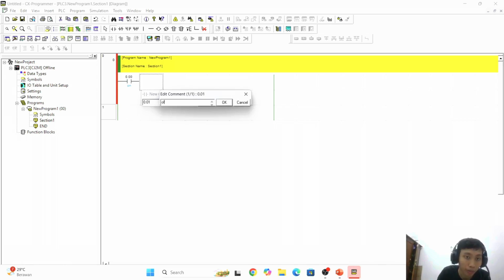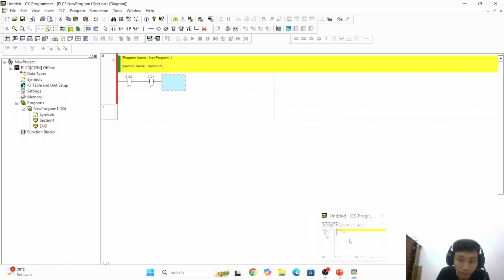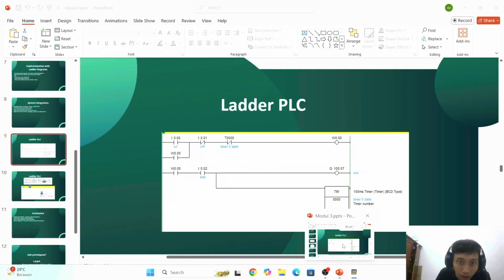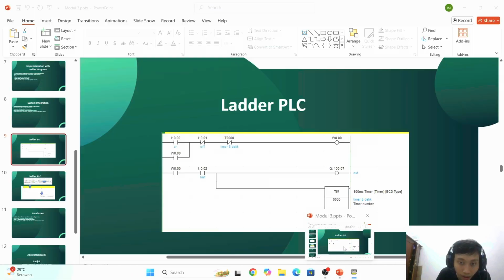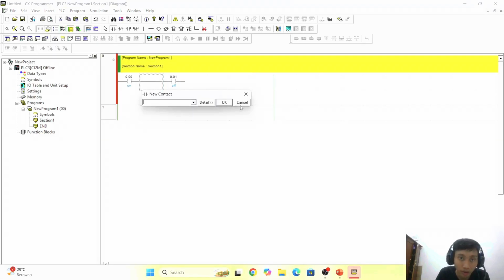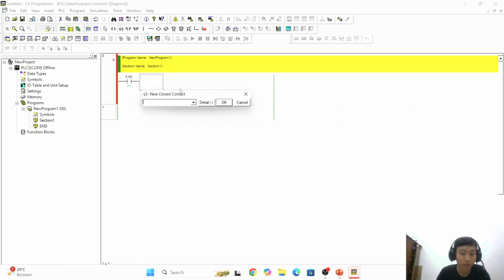This is the off button. Now we set the timer. Oh, sorry. Set the close contact to 0.01, it's the off button.